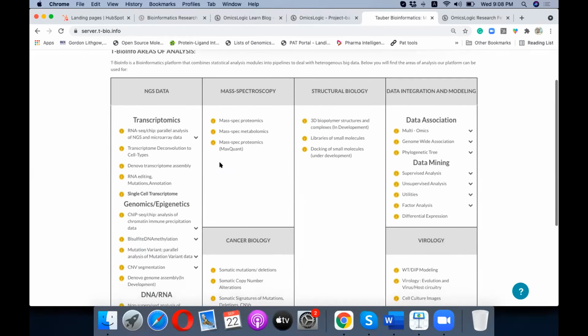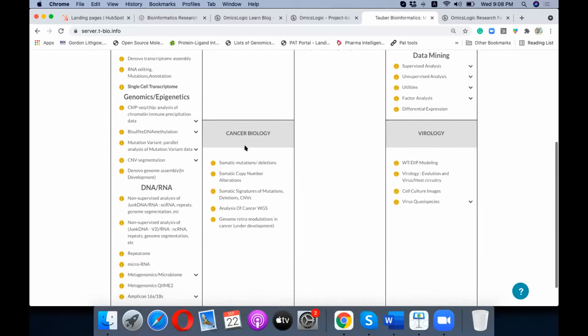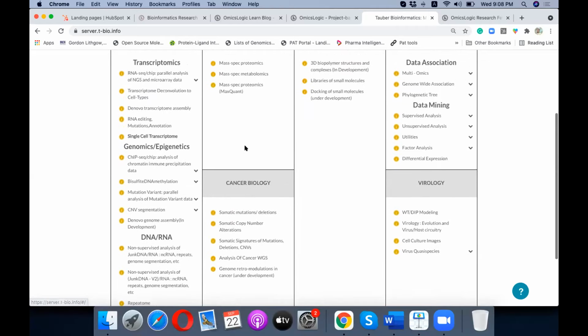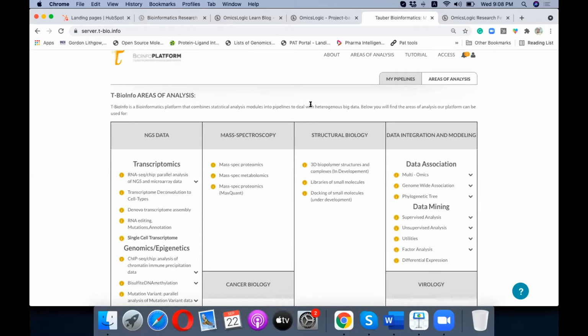We will be using machine learning methods, and we now have different areas of research that you may be interested in, and we have specialized pipelines for those. So we will be using this platform for our analysis.